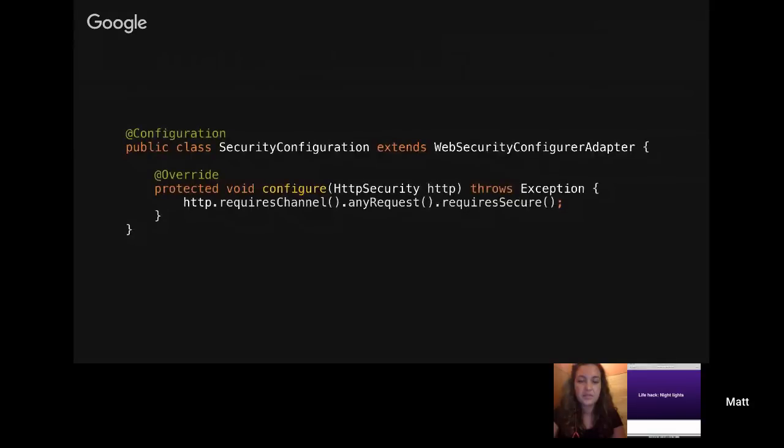And so to force HTTPS with Spring Security, it's actually pretty easy. Spring Security is obviously the default security mechanism in Spring Boot. You can configure it like this. If you extend WebSecurityConfigurerAdapter, and you just say, hey, it requires this channel, and it requires secure for any request. So that's great, but if you're in development, you might not want to use HTTPS because you